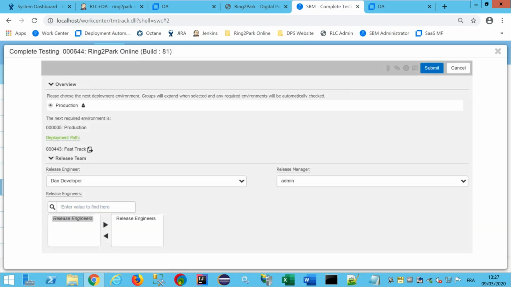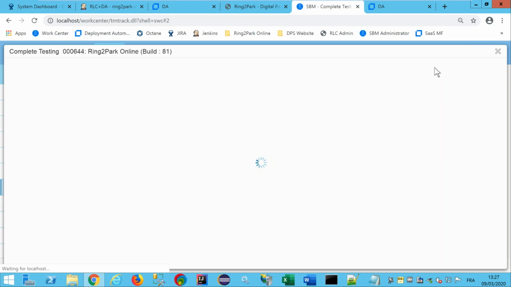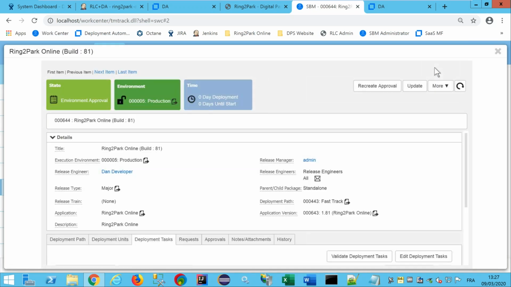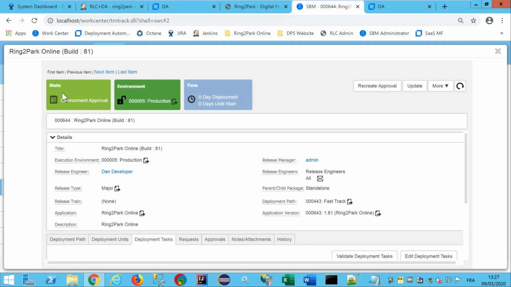So this is production. So by default, we have predefined people involved in this deployment into production. So it's done by a developer with a backup of all people belonging to the release engineer teams. In this way, you can assign the task to a specific person or a specific team. So we are ready to deploy into production. But what happens here? We have an environment approval. So it means a gate is defined when you want to deploy this application into production. So this gate means you have to get an approval from someone to allow the deployment into this specific environment.